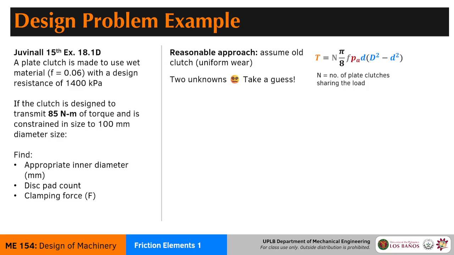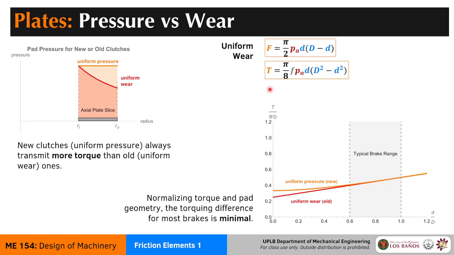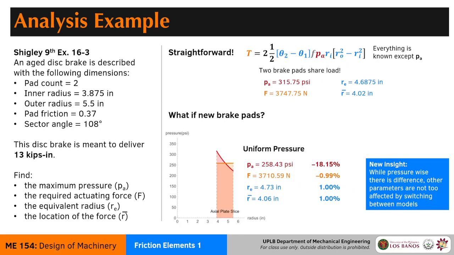For this case, I think the more practical option is to just guess the inner diameter. So, okay, what's my constraint? If you saw one of the earlier graphs in this lecture, there is a typical range for the inner diameter. It's 0.6 to 1 times the outer diameter. I'll show the graph now. So it's here. This is small d over big D, and the normal range is around 0.6 to 1. So going back, let's go back. All right.